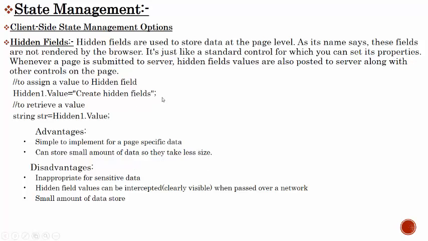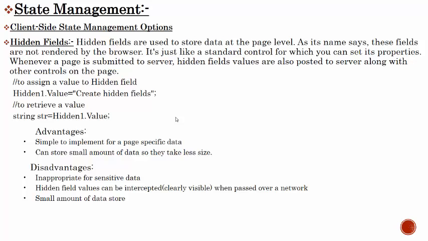We can store any value like employee ID, employee number, student class ID, or student roll number. Any ID or any small value we can store inside the hidden field, so a very small amount of space is occupied by the hidden field.